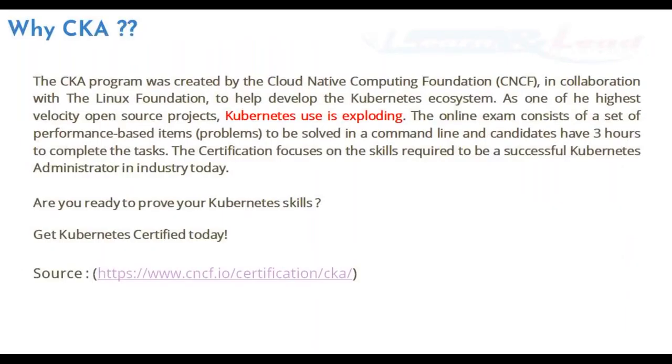Now, finally, why CKA. We talked about various things. Just to quickly summarize, we talked about why containers, what is the purpose of containers, and how containers help us. Then we tried to understand container orchestration, and why container orchestration is required. How does Kubernetes help you with it? What is Kubernetes? Kubernetes architecture, Kubernetes terminology. Then we saw a quick demo. Then finally we compared it with the other orchestration tools also. This is a quick summary of what we did so far.